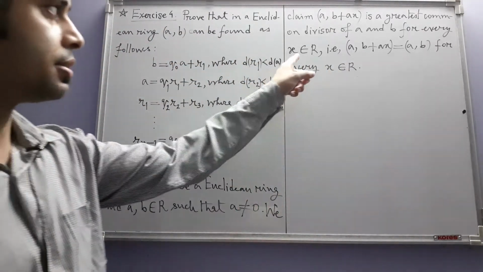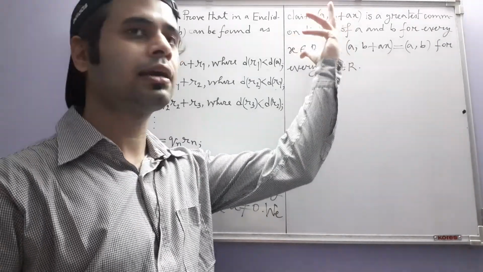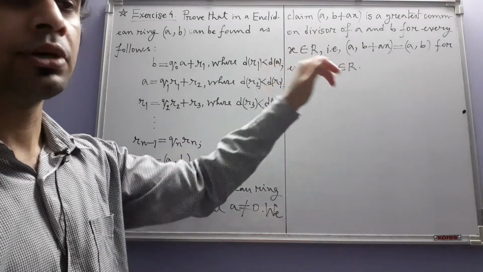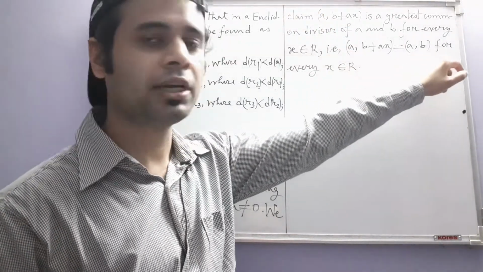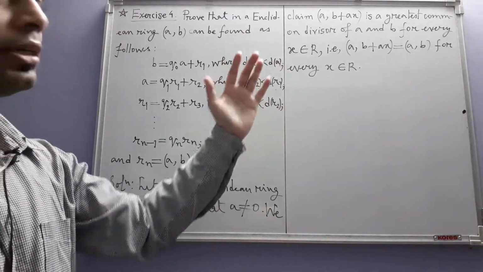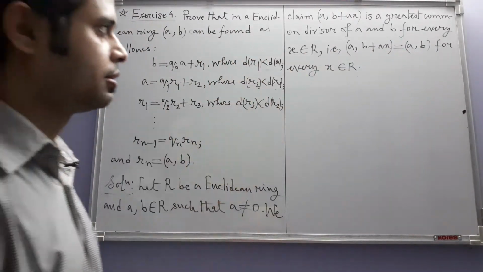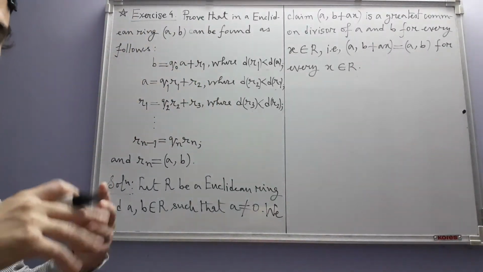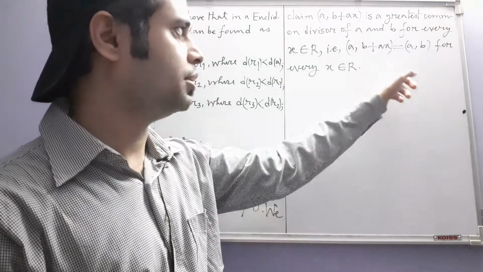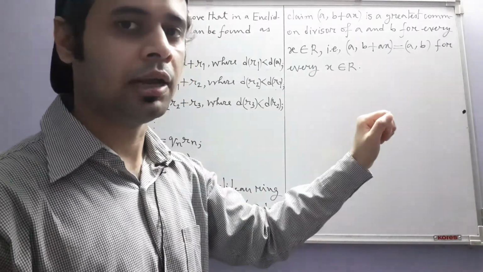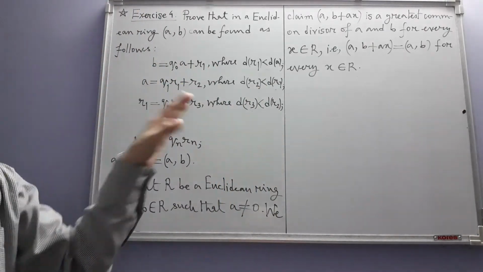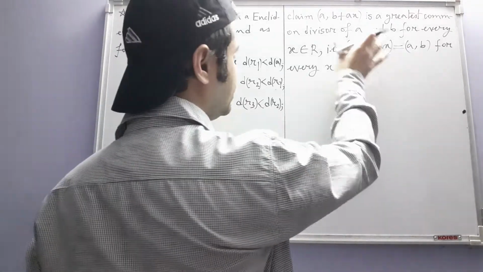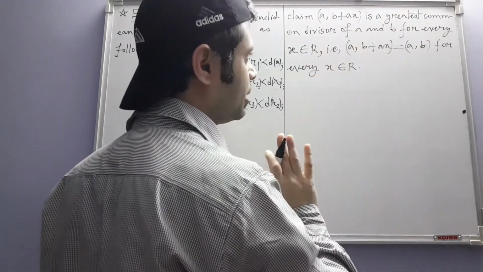We are writing this separately. We start like this and then we say that is this. Does it not look unnecessary? We can just simply write like this. We can, but there is a possibility of getting confused here. This equation may make you think that we are saying that all GCDs of A and B which look like this are equal. Actually, that's not what it means, or at least that's not what we want to say. We are just saying that this is a greatest common divisor of A and B.